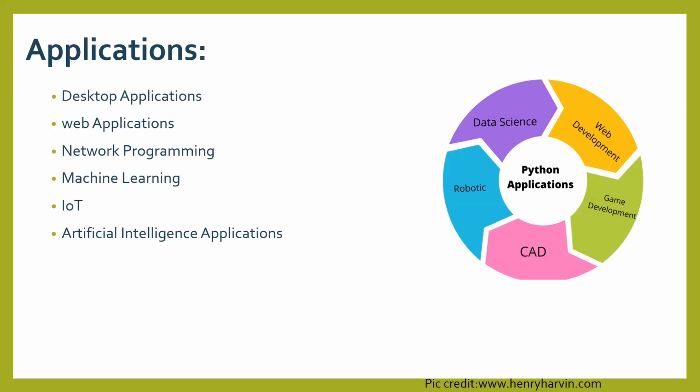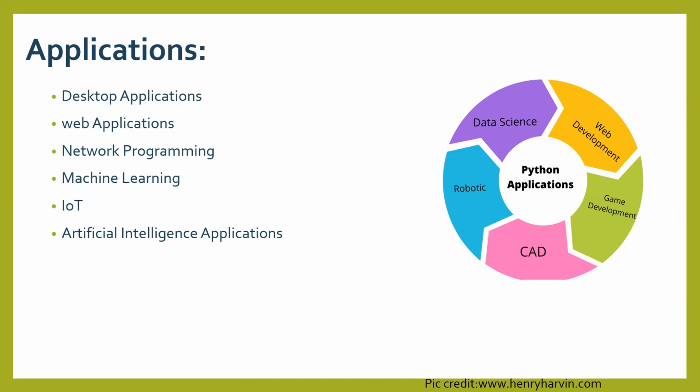These are the applications where we can use Python. You can see the picture on the right, downloaded from a website. It is useful in data science, where machine learning, business analytics, statistical analysis, and deep learning we can do using some libraries and tools. In web development, people are very familiar with HTML, PHP, and Java as a backend programming language.